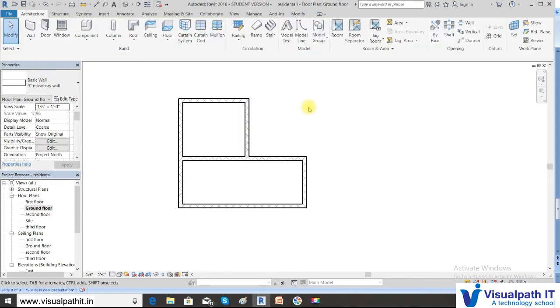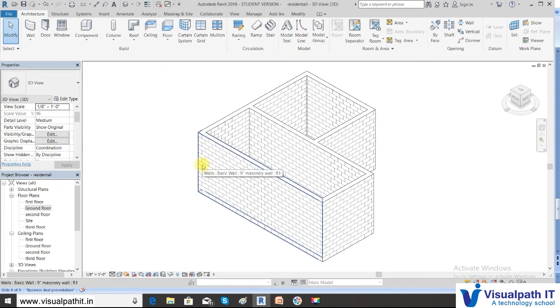Okay. Now, once this is done, if you want to see the walls in the 3D view, you cannot go here and first check because there is no 3D view. The first time you need to go to the top here, default 3D view, and click the default 3D view, so you can see now the walls.